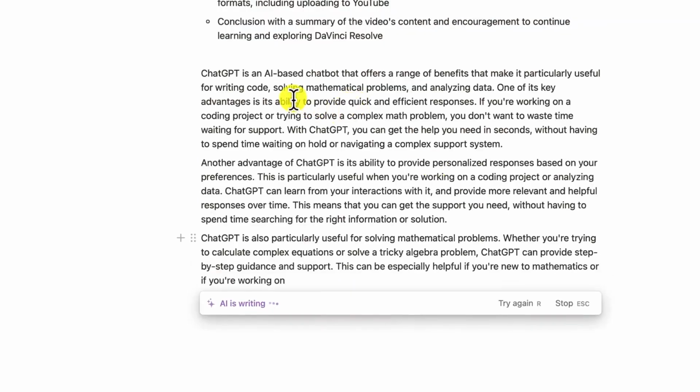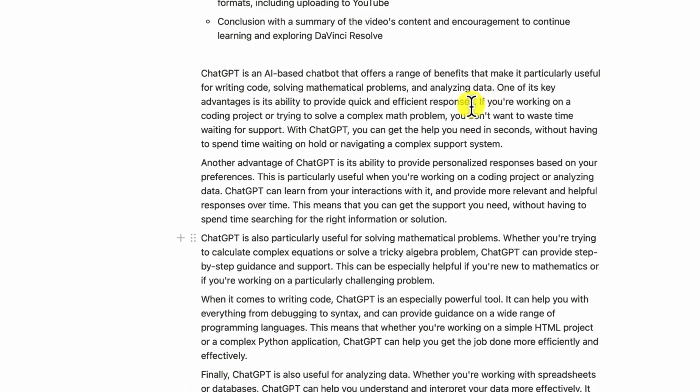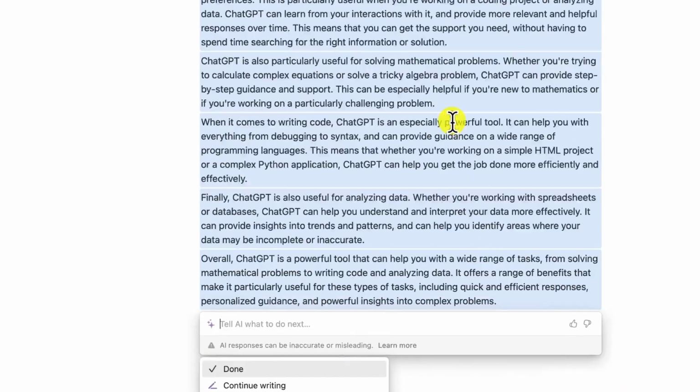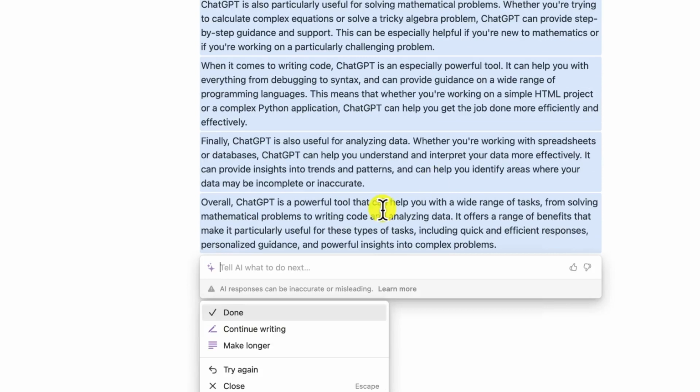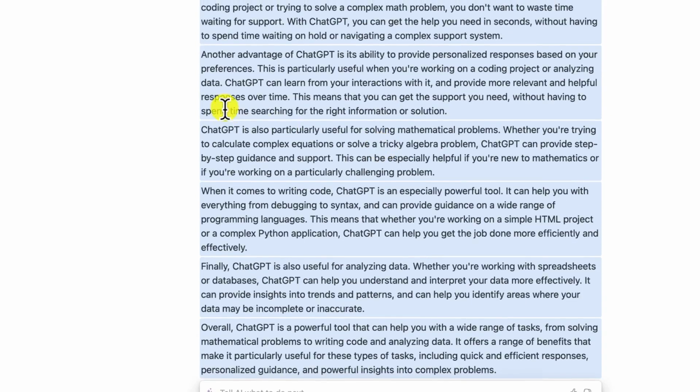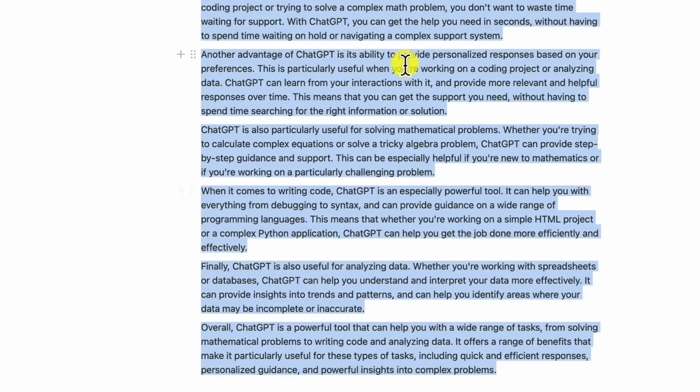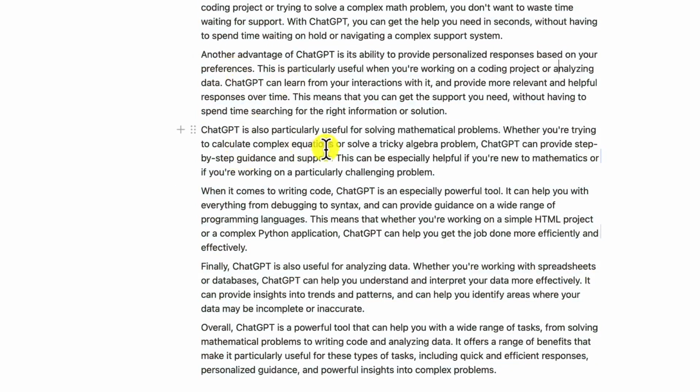So you can see it has given you what AI is based on, and it offers the benefits, and it has replaced the other one. So you can ask it to replace, or you can ask it to write below. You can see it has given you some of the key features. Another advantage of ChatGPT is the ability to provide personalized responses based on your preferences. ChatGPT is particularly useful for solving mathematical problems, whether you are trying to calculate complex equations or solve a tricky algebraic problem. ChatGPT can provide step-by-step guidance and support. Okay, this can be especially helpful if you are new to mathematics or if you are working on a particularly